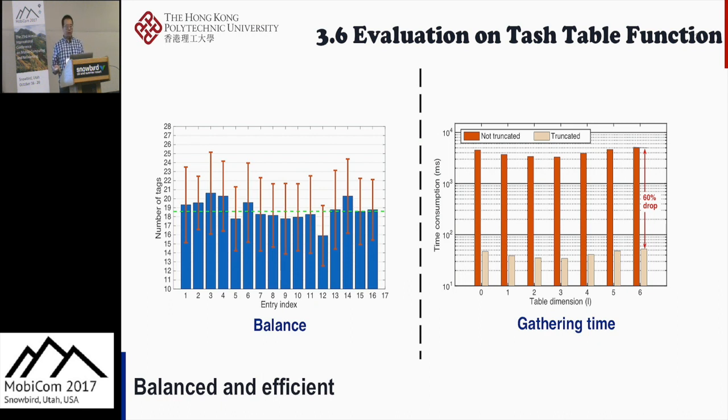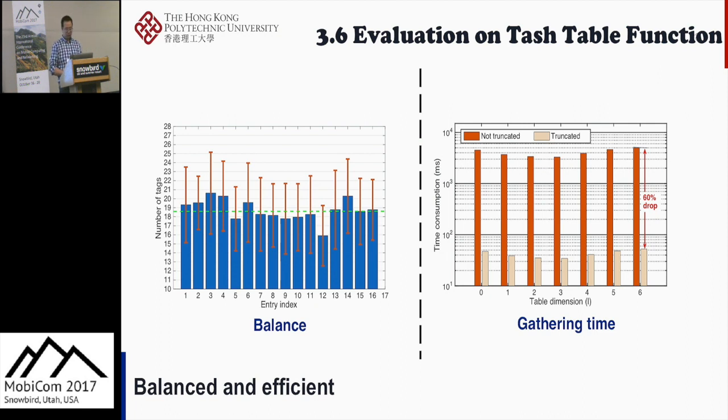And the right figure shows the query time with truncated reply and without truncated reply. We can see that if we use a truncated reply, it introduces a 60% drop